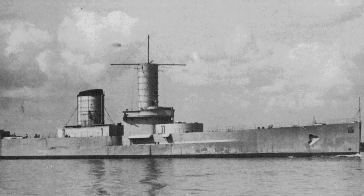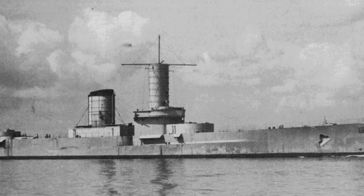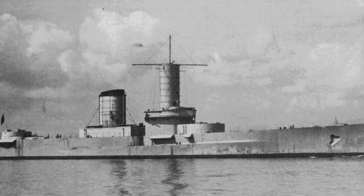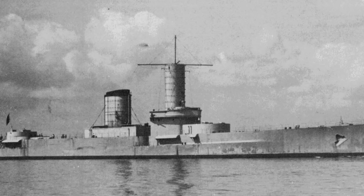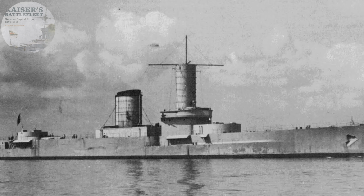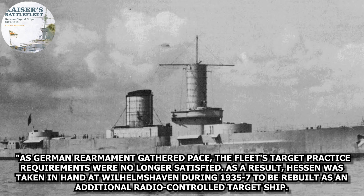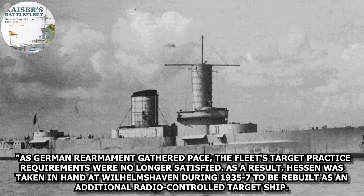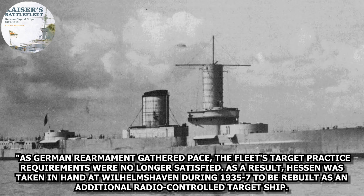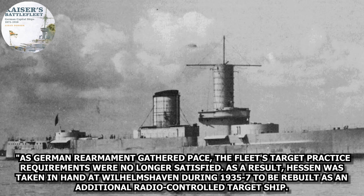With the rise of the Nazi Party and the revitalization of the German Navy, the Kriegsmarine would need target practice to account for all the new vessels being planned and constructed. This is where things start to get interesting for Hessen, as she was struck from the Naval Register, again taking from Dodson. As German rearmament gathered pace, the fleet's target practice requirements were no longer satisfied. As a result, Hessen was taken in hand at Wilhelmshaven during 1935 to 1937 to be rebuilt as an additional